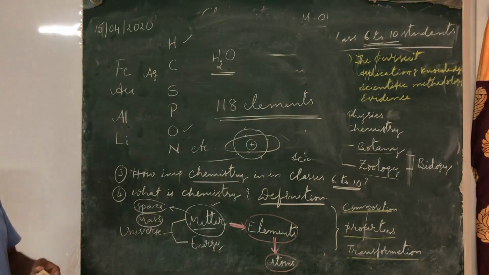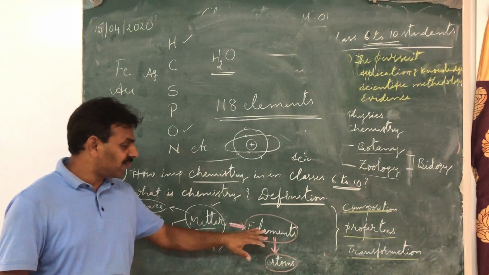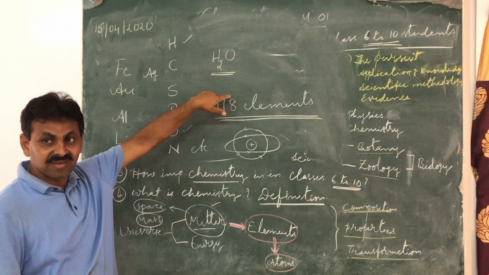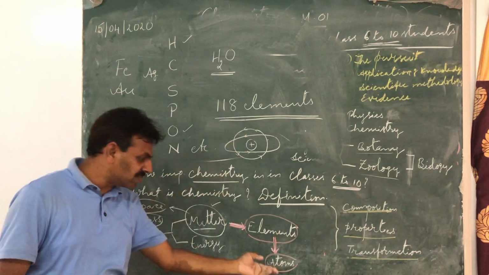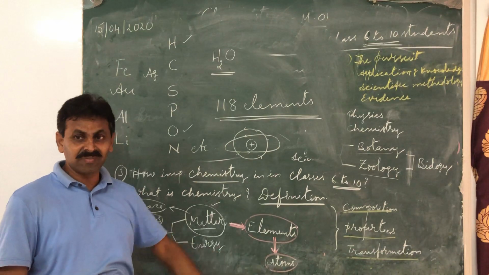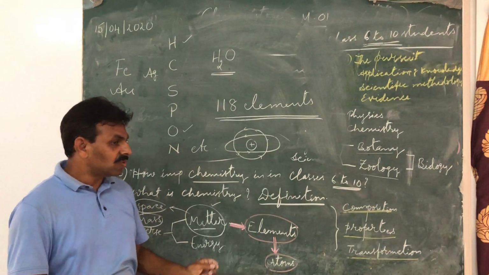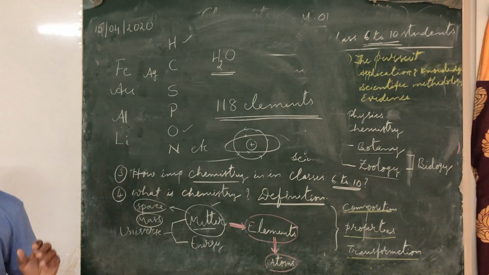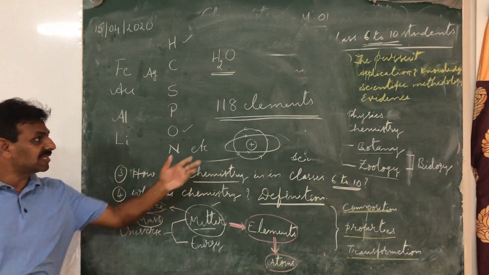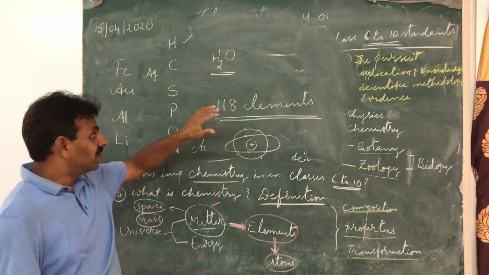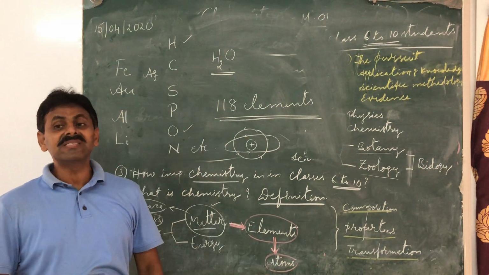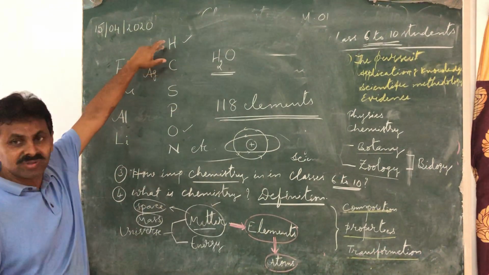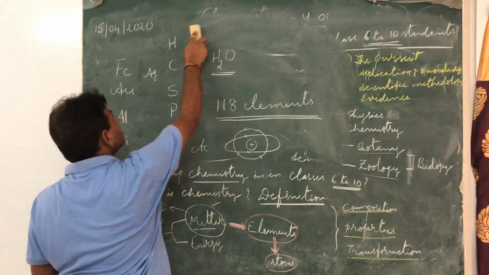Okay, so the matter is made of elements. There are 118 elements. Each element consists of the similar type of atoms. Now, to understand and know the elements, as we said that there are 118 elements, the scientists gave different symbols for them, and those symbols I have written here. See, hydrogen. First element I have written is hydrogen.